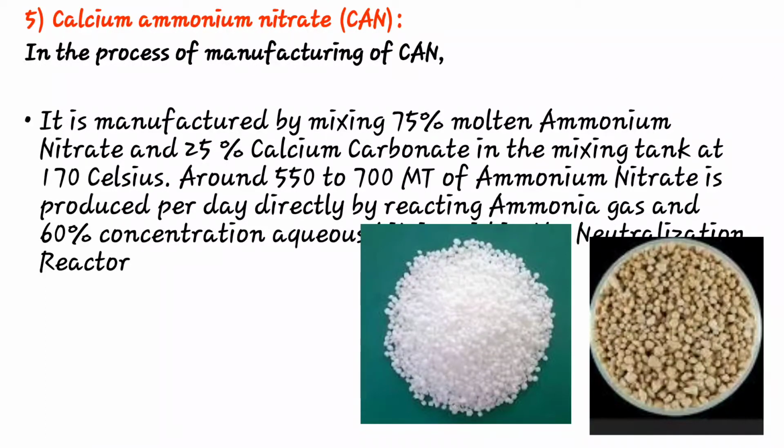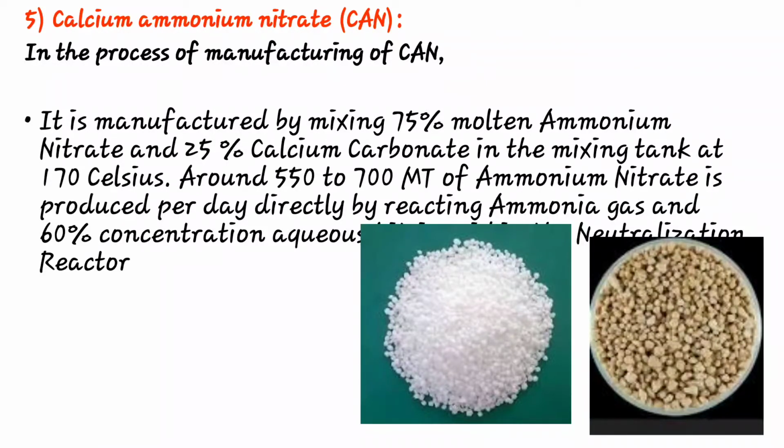Also, the rest of the ammonia is reacted with the nitric acid in the fertilizer plant to give ammonium nitrate liquid. The basic materials are nitrate and ammonia. Then the liquor is concentrated and mixed with limestone to form CAN granules, that is, calcium ammonium nitrate granules. Also, these granules are dried, cooled, and coated with suitable coating material to give the final finished fertilizer.